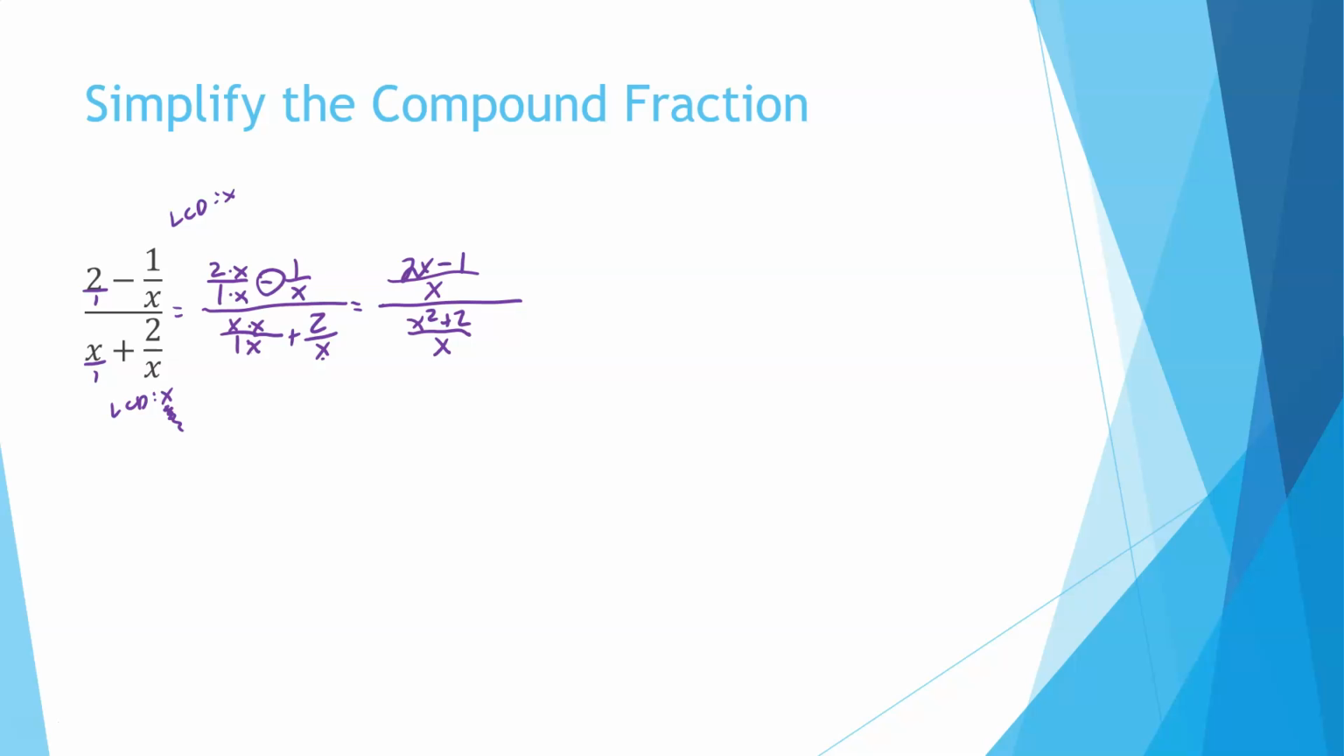Okay? So now that I have a single fraction divided by a single fraction, I take the numerator, 2x minus 1 over x, and I multiply it by the reciprocal of the denominator, so I flip it, so it's x over x squared plus 2. If I multiply straight across, I get 2x minus 1 times x over x times x squared plus 2. Don't forget to simplify. This x is going to cancel this x out, so I get